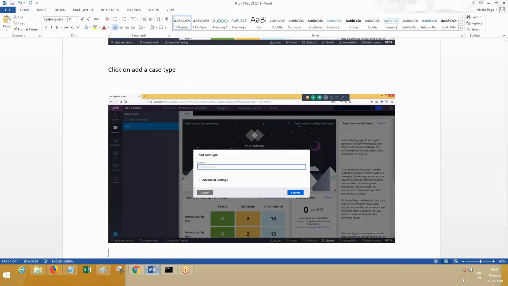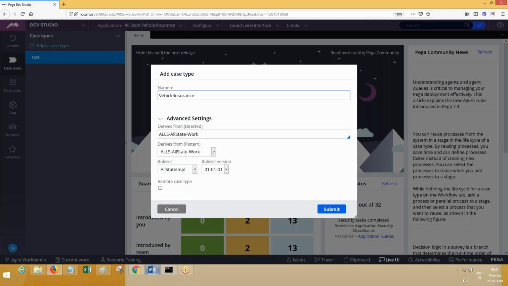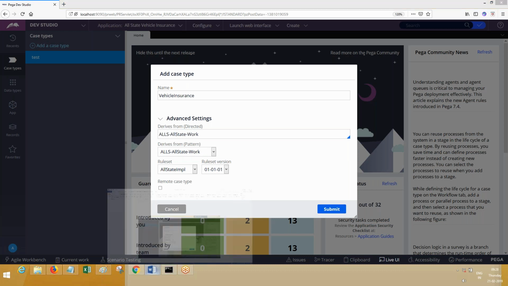Here, this class is deriving from which class? Class group. And the rulesets are accordingly chosen. Direct inheritance and pattern inheritance both are from the same class group. We will create the same way. Create and open, submit this.